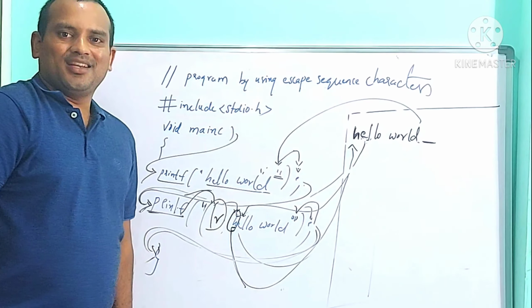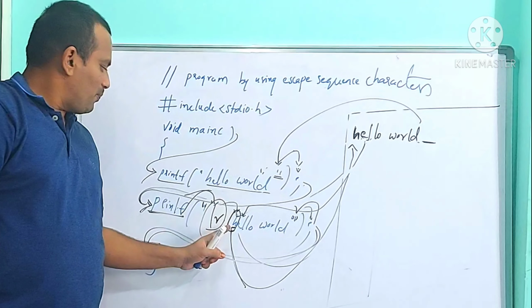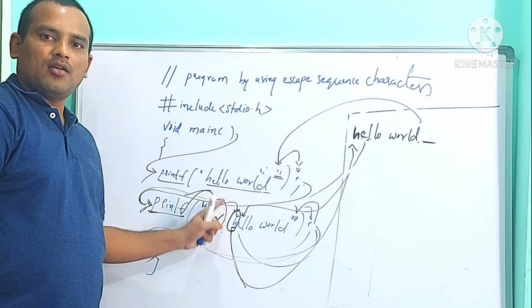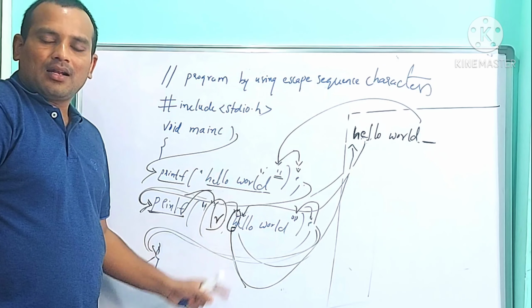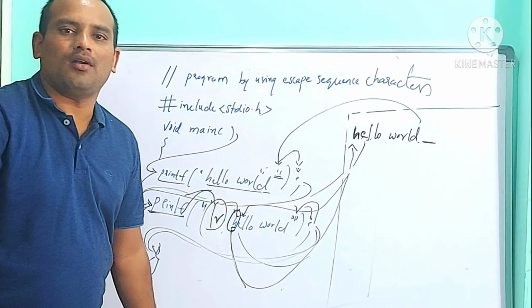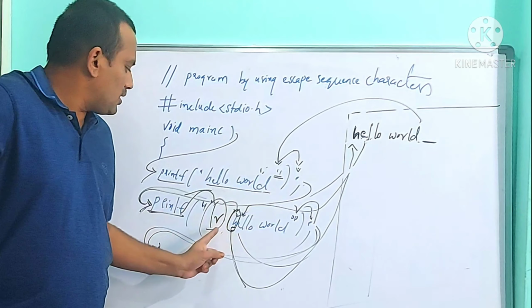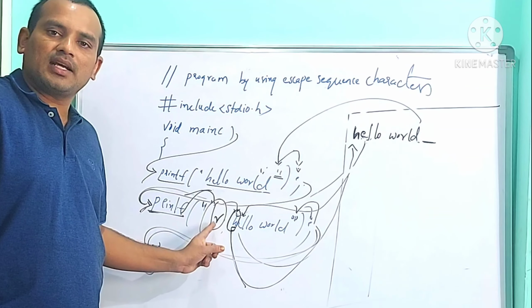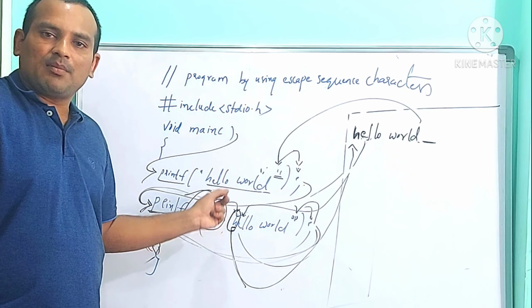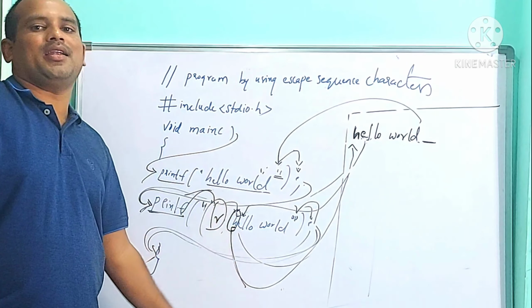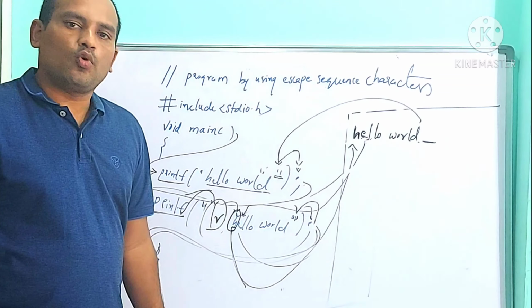So here you see, I have used two printfs and am going to print two hello world messages, but because of \r, the runner can print only one hello world. After printing the first hello world, the runner sees the \r, which represents carriage return, and because of the carriage return, the runner moves the cursor from the current position to the start of the same line. Okay, by using these escape sequence characters, please try to write some programs.